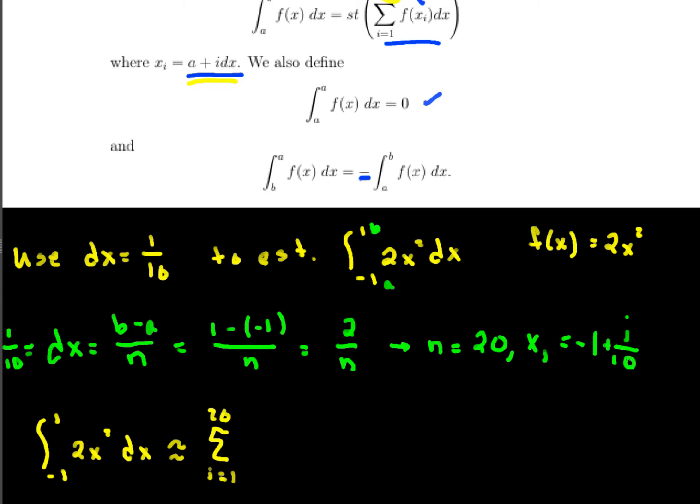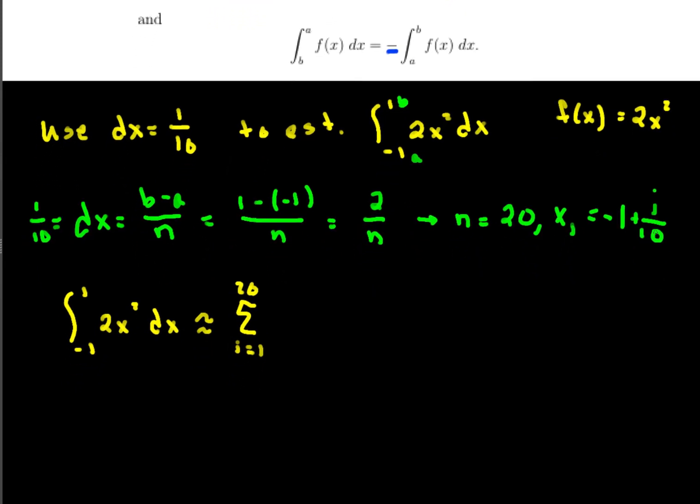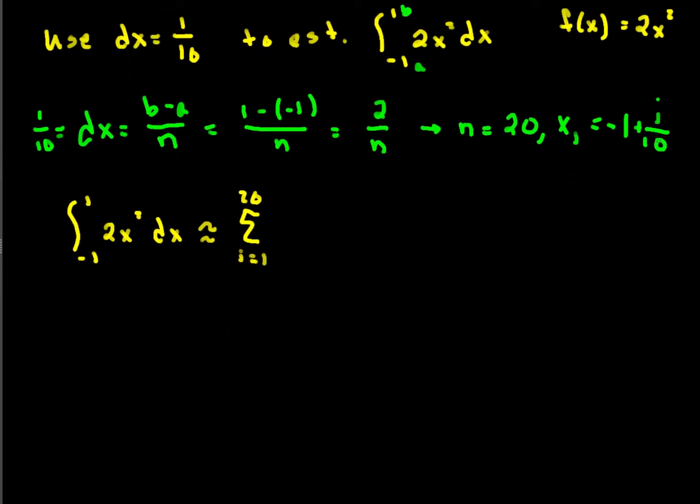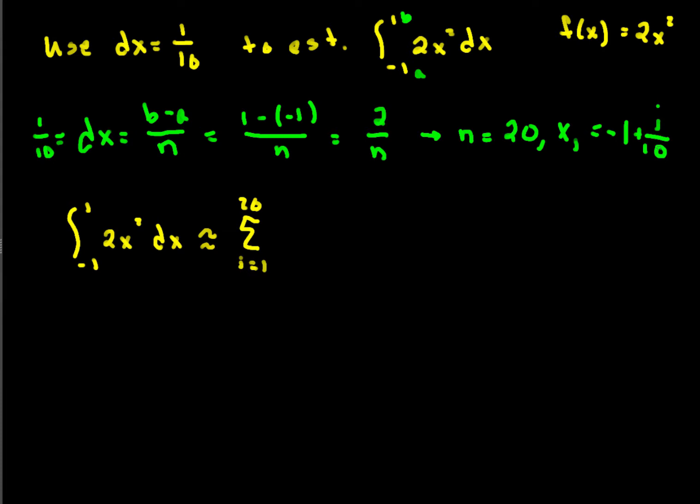Right? So that's our equation, and so we can put that into here. So this is going to be 2 times (-1 plus i over 10) quantity squared, times dx, which is 1 over 10, which is equal to,